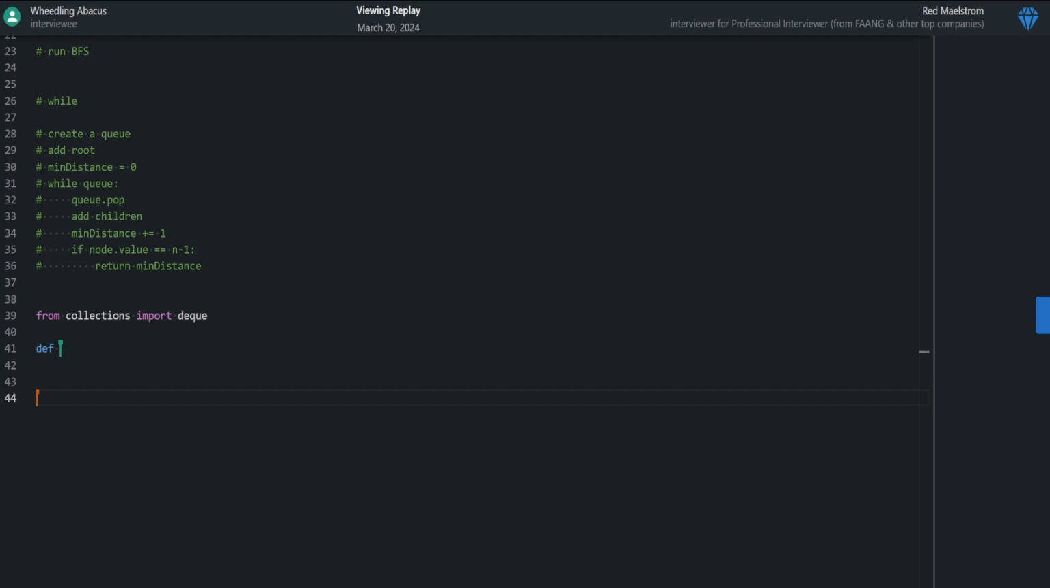What should we call it? Zero index array numbers. Minimum path that takes in an array of, or we call it jumps, a jumps array, and that's it. And then we want to